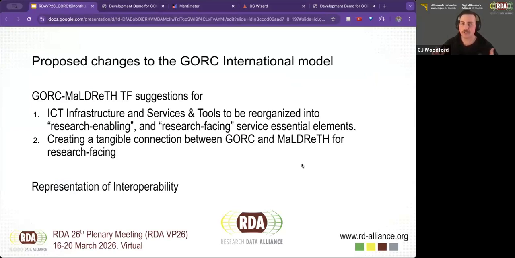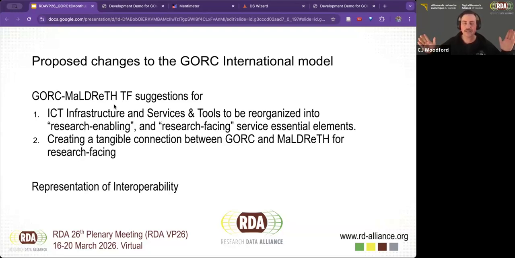Okay, so proposed changes to the model. We've got two main things that we'd like to discuss in what I'm calling the meat of the meeting. If you do have questions, please raise your hand or put them in the chat. I'm very happy to answer anything about the things we've already talked about. But we're going to jump first into the GORC Module Task Force. There are some suggestions for how this is going to work, and Rory is going to bring us through a more detailed discussion of it.